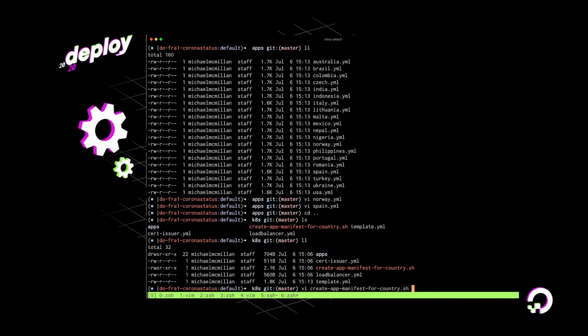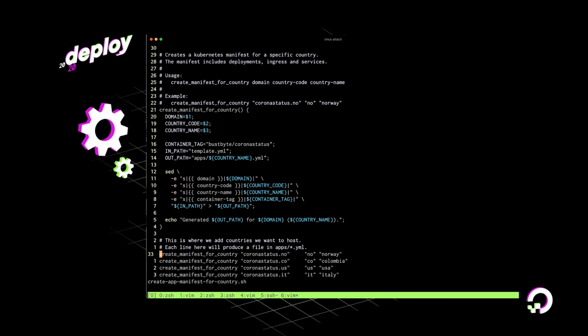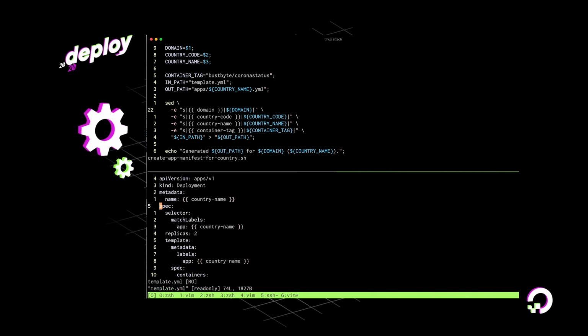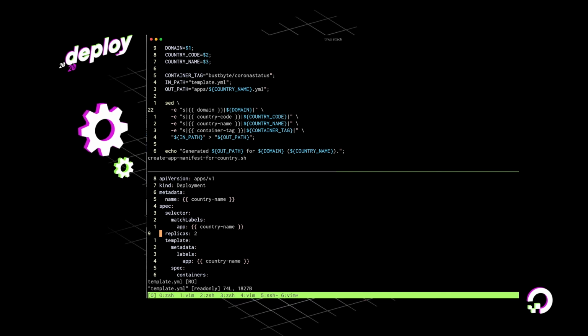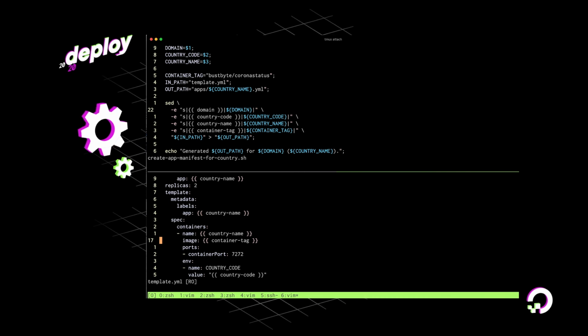So I can go into a little script that we made. Now I know there are tools for doing this, but this is how we solved it. We basically just created a small bash script to generate these manifests. To explain how we do this, we have a template that looks like this, where we have this expression of a variable, which we call country name, that is then replaced with Norway or Spain or wherever the page is hosted.